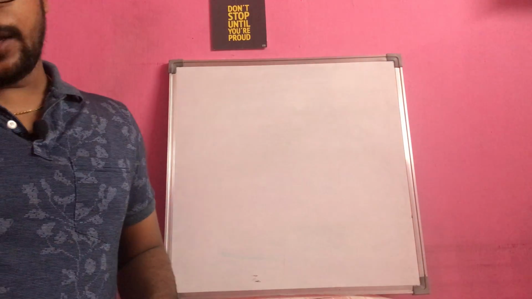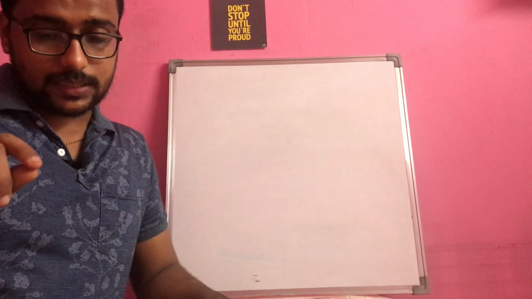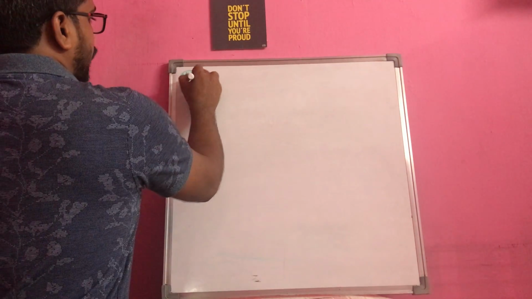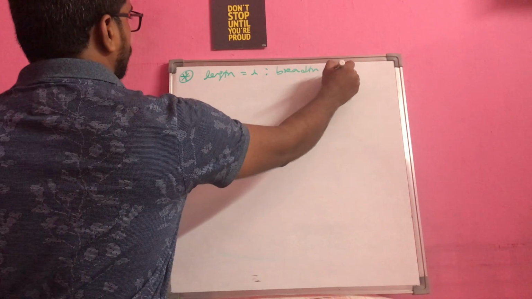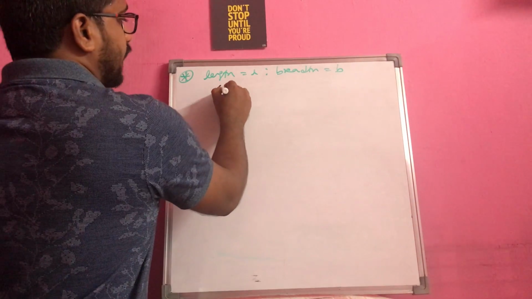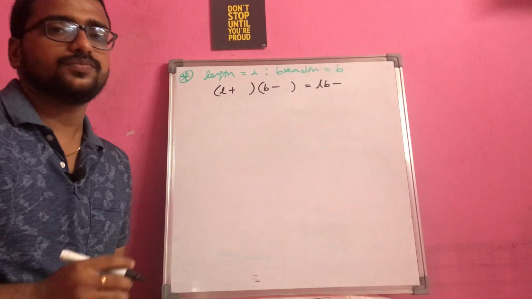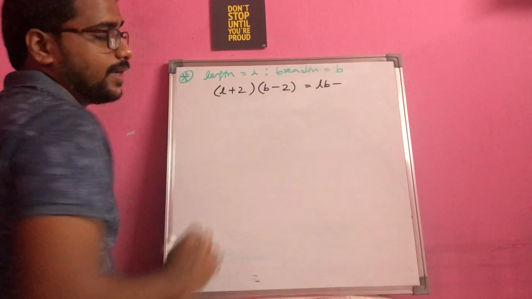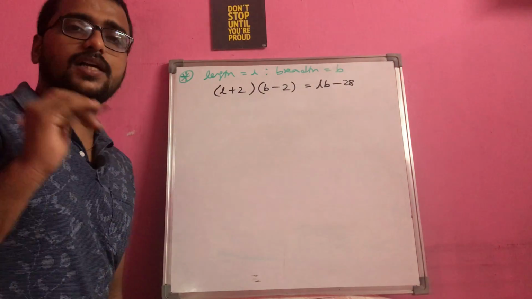See this. If in a rectangle length is increased and breadth is reduced each by 2 units, area gets reduced by 28. So we know that for a rectangle we have to talk about length, which is L, and breadth, which is B. Now what they are saying: length is increased, breadth is decreased, and the area is reduced by so and so. So length is increased and breadth is reduced by 2 units, then the area got reduced by 28 square units. This is the first condition that we are getting.